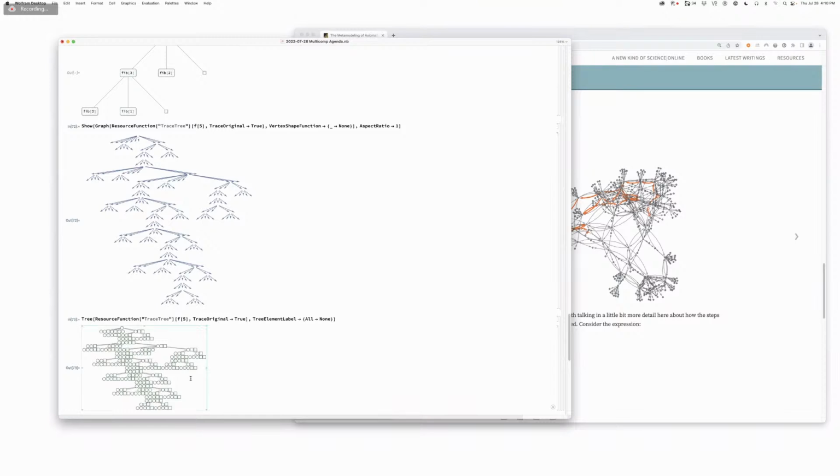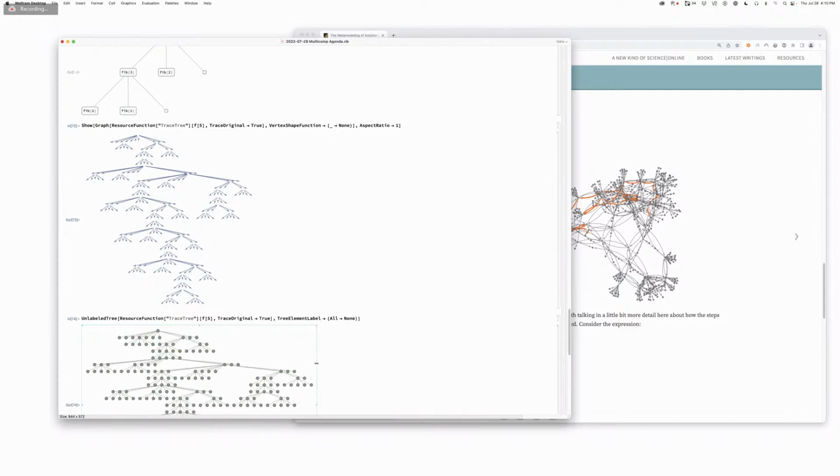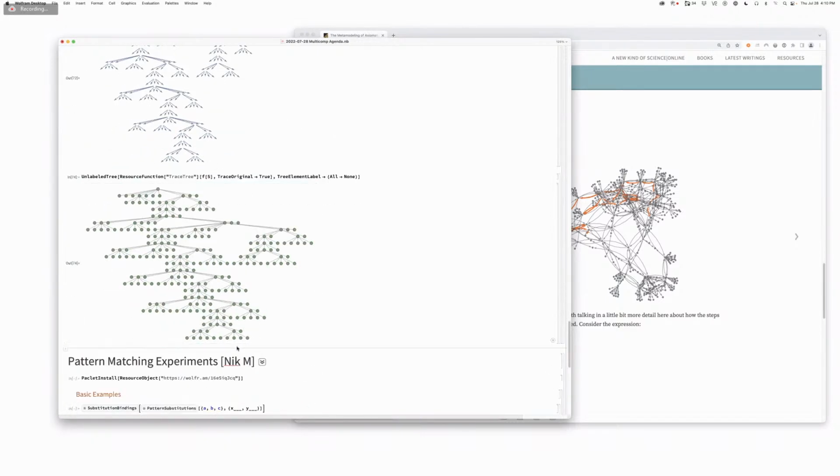I guess you could also just apply unlabeled tree to this, then you lose the round and square. I don't think they're helping me very much. They mean different things. No, I understand they mean different things. But so this is now, so if we did this for Fibonacci,